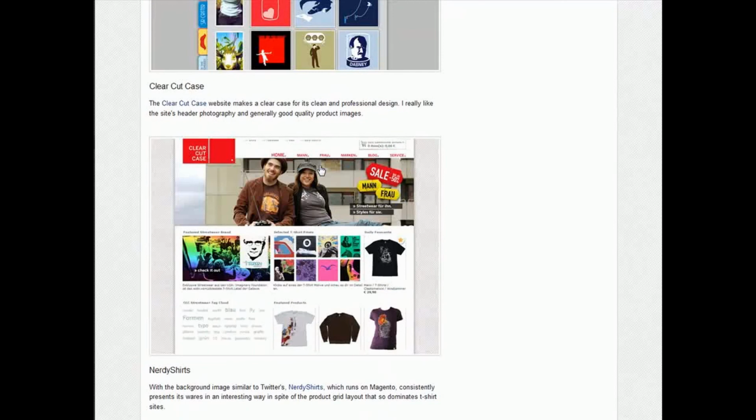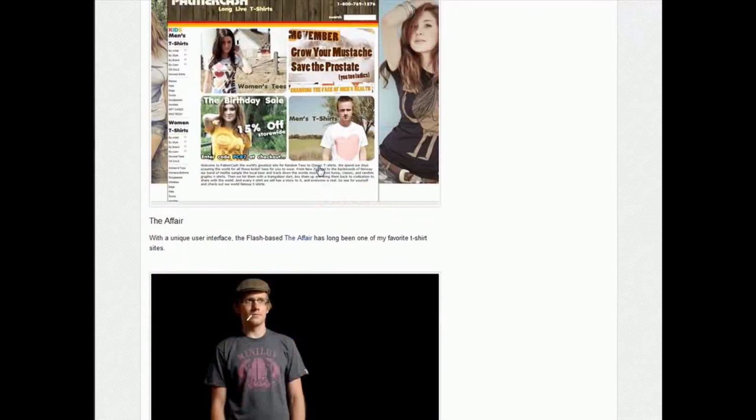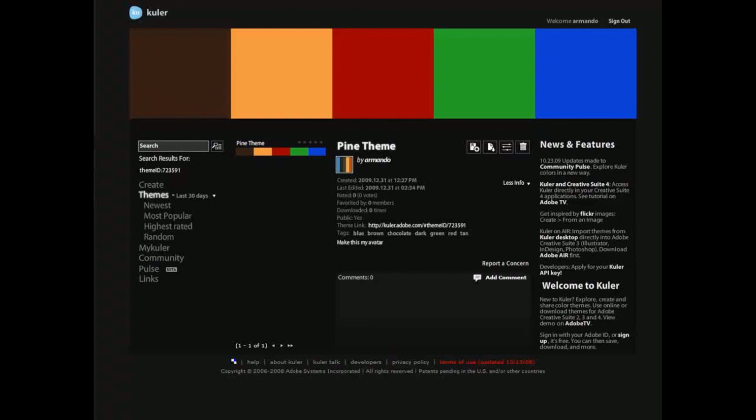The next thing that I like to do when I'm working on a site is I like to think about the colors. You may see here with Pine, there's some pretty strong colors. I actually don't have the entire palette on page yet, but I will. I like to have a lot of colors in my designs, and where I like to start is actually this tool. This is Kuler. It's available from Adobe,